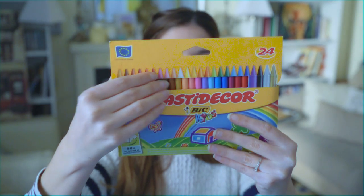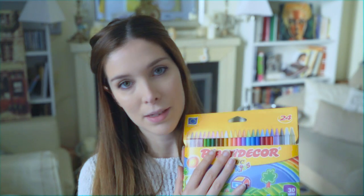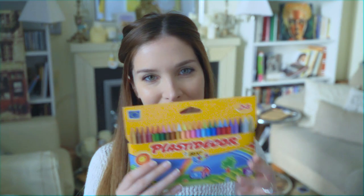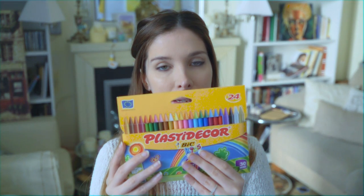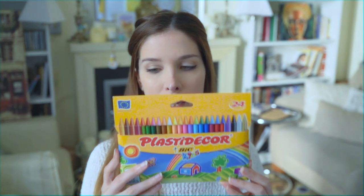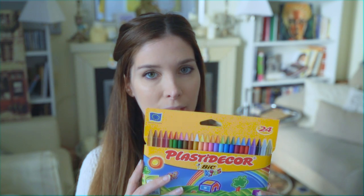And these smell incredibly good. They smell like Play-Doh a little bit, and it's a very particular smell from these specific crayons. It's not like the Crayola, and they're much smoother and pigmented than the Crayola ones. They're also more expensive, but yes, so for this set of 24 I paid like 7 something, but they're excellent quality, as pigmented as